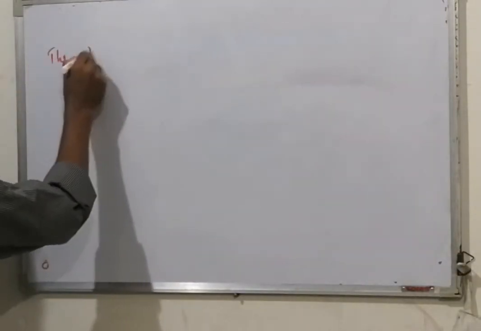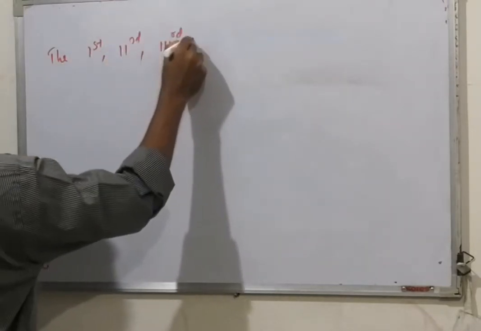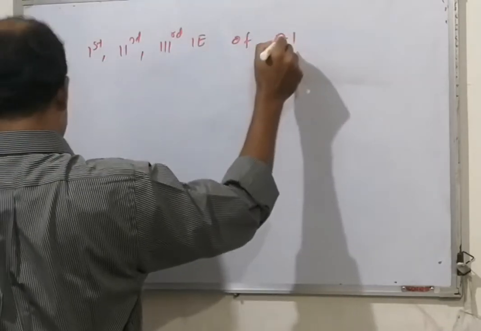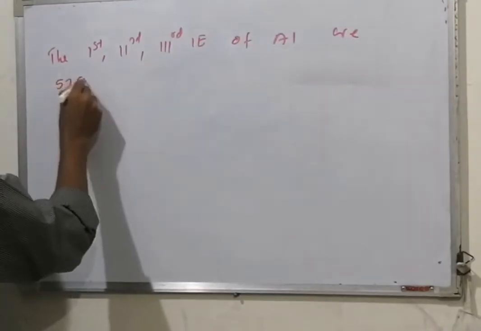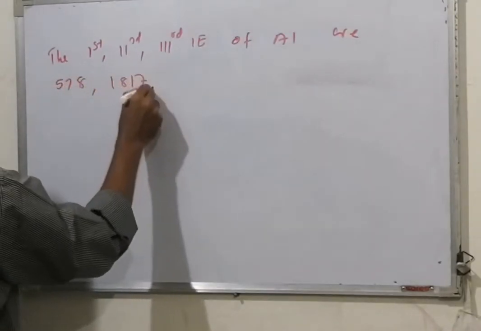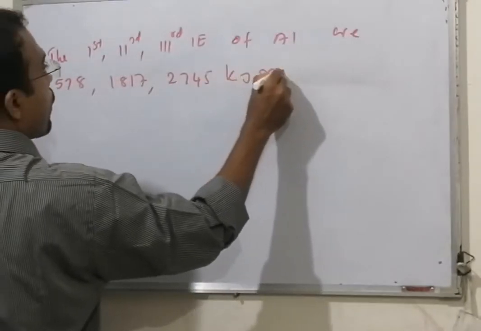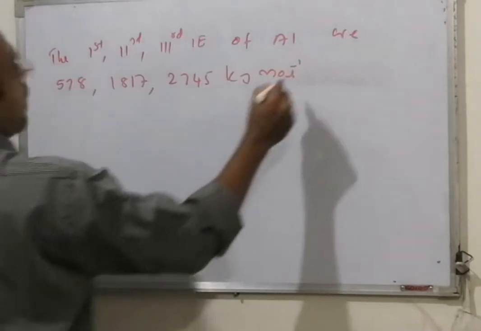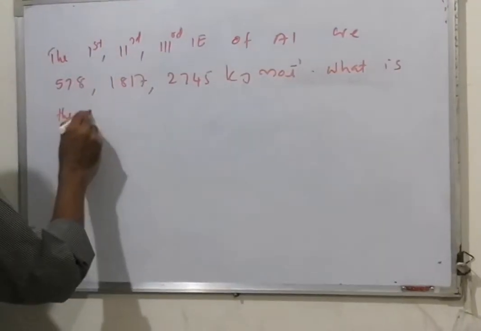The first, second, third ionization energies of aluminium are 578, 1817, 2745 kilojoule per mole. What is the energy required